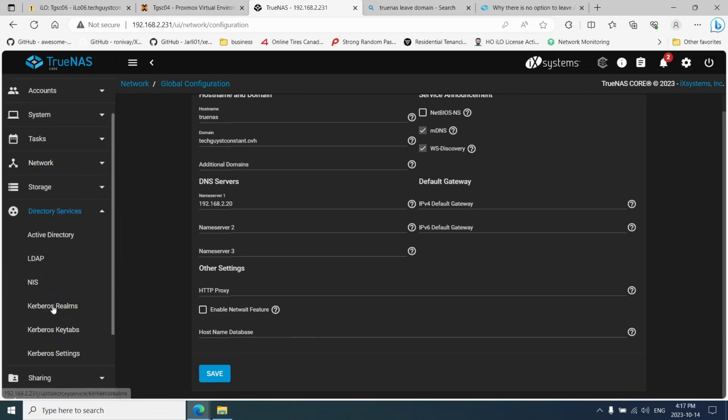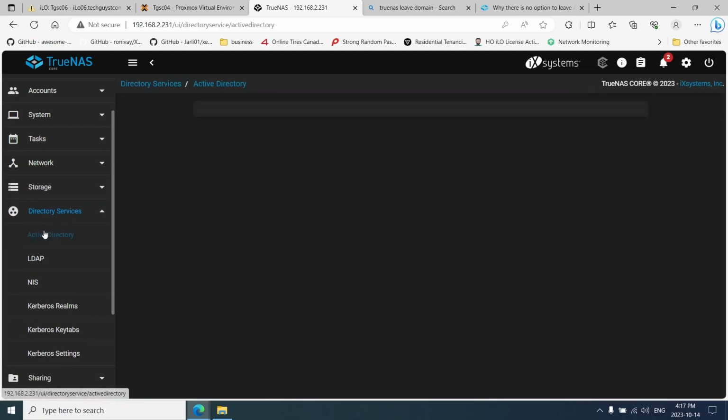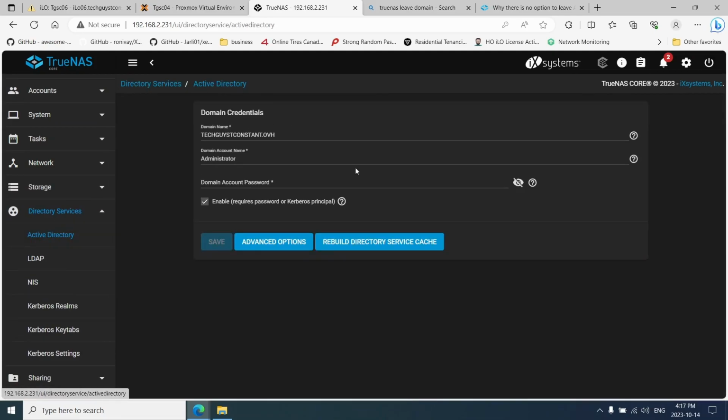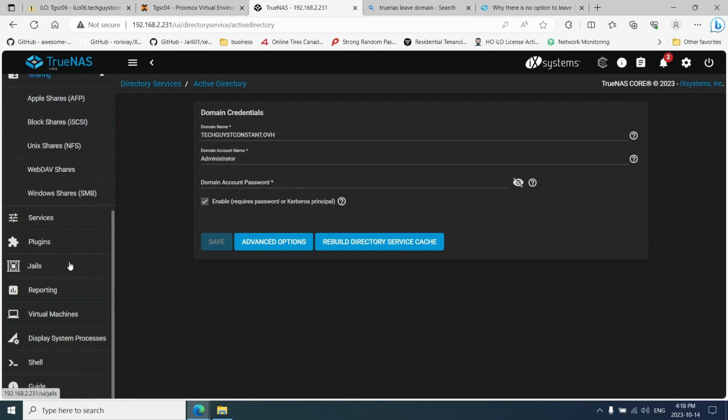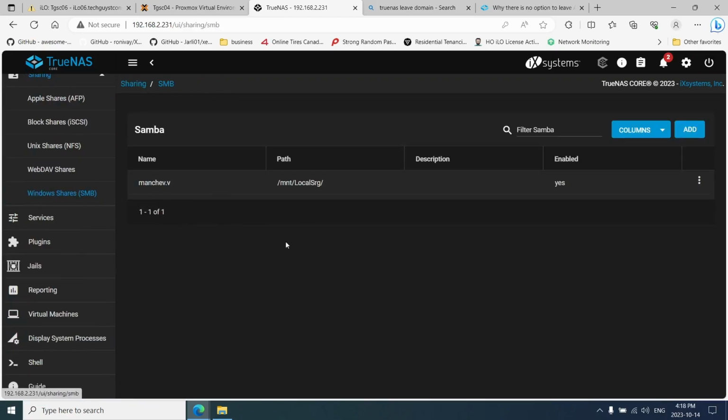And the next step is under Directory Service. You're going to click the Active Directory tab, and you're going to enter your domain credentials, and you're going to save. This is the process of joining your TrueNAS instance to your domain. And once you do that, you go into Sharing, SMB, and then you're going to be creating your shares, and it should be working. However,